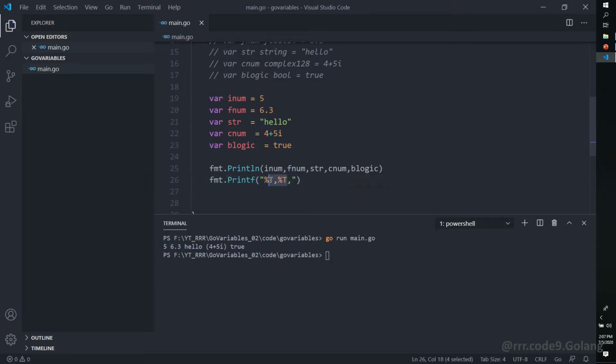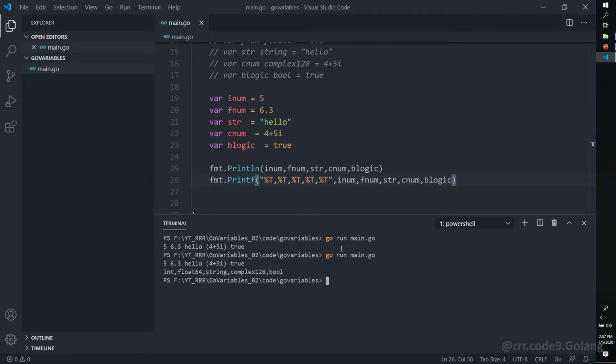We can just simply copy paste. Here let's maintain the same sequence: inum, fnum, str, cnum, and blogic. Let's run the code again.